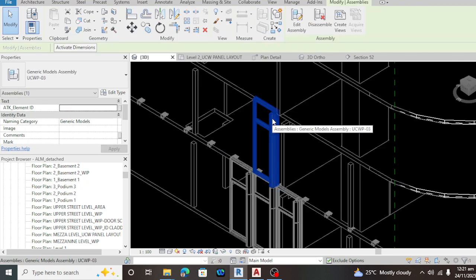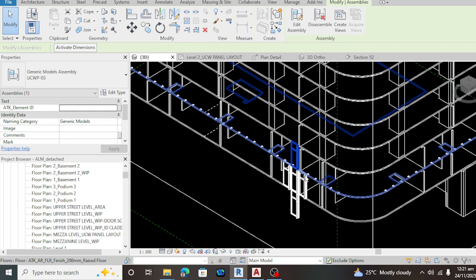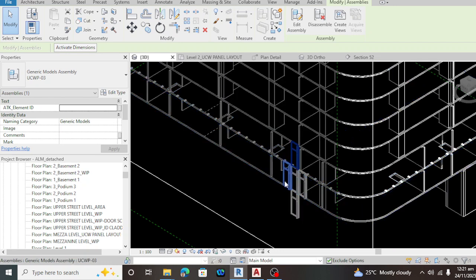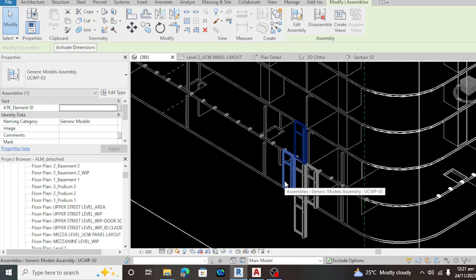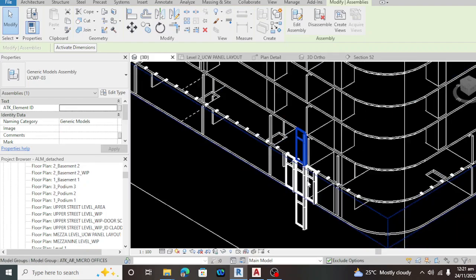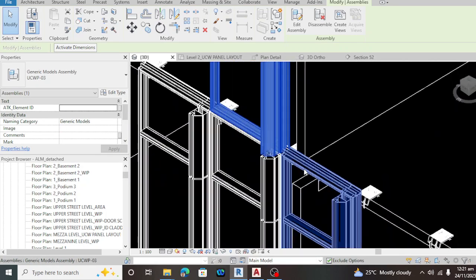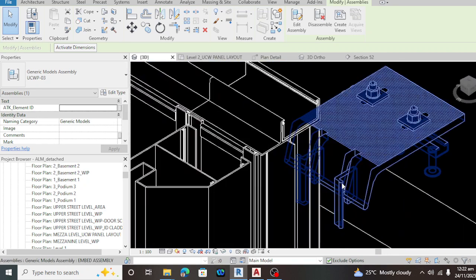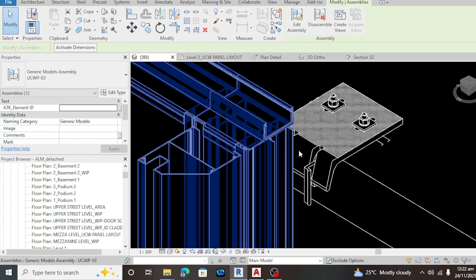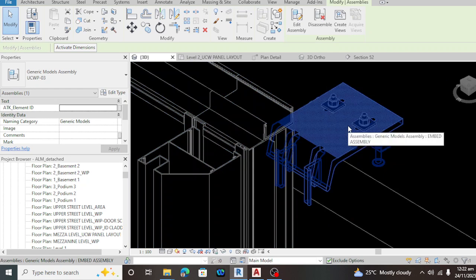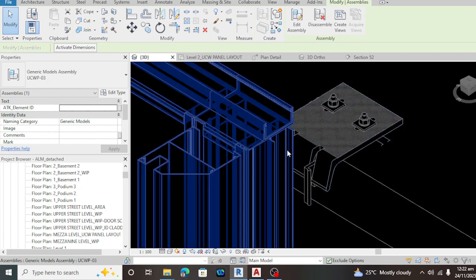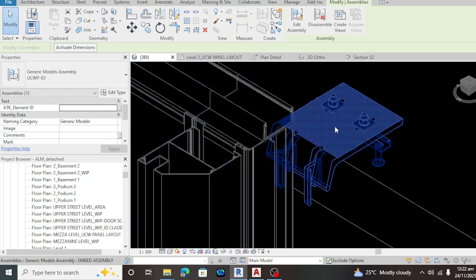You can paste it panel by panel. So if you want to make a sequence of the panel, it's very easy, guys. Also, let's look at the hook at the back of the mullion to the embeds. There's a hook in there.